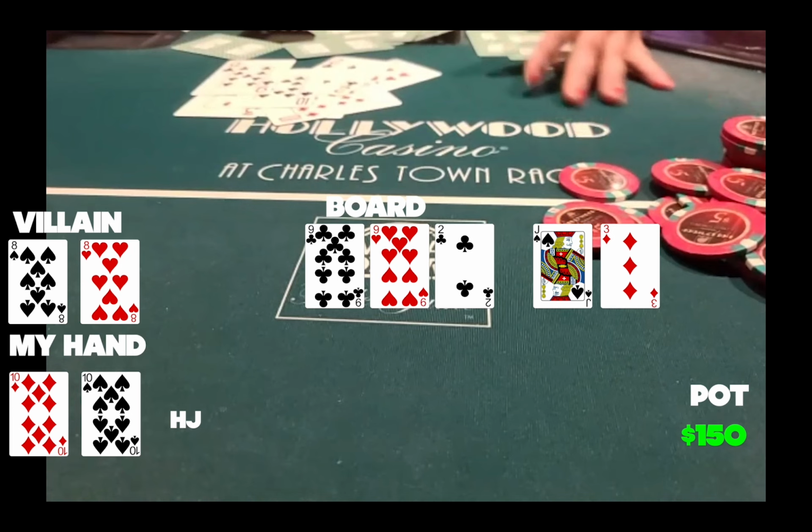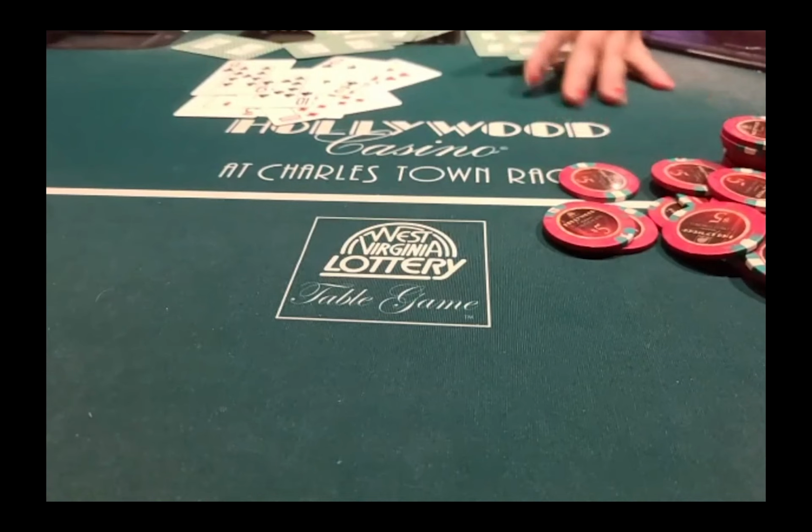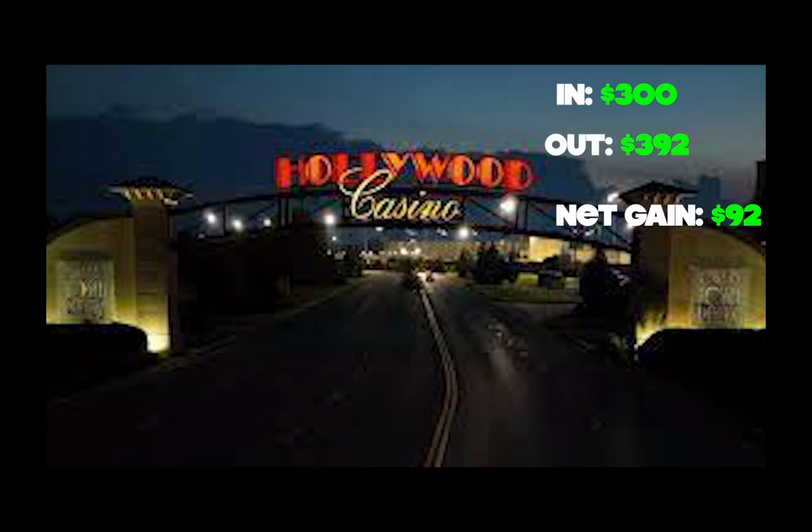But either way, this is the last hand. So after this, we decide to rack it up and we book a small win, but a win nonetheless. So we'll take it. Alrighty, so we were into the game for 300, out for 392. So that is a win of 92, but it is a win. So we're glad to get it,